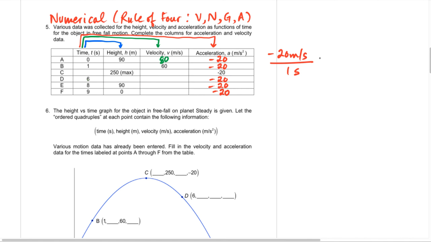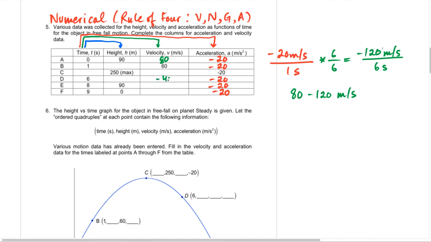And so multiplying by 6 over 6 gives us negative 120 meters per second over 6 seconds. And so we have a loss of 120 meters per second from the initial 80 meters per second. And so 80 meters per second minus 120 meters per second tells us that the velocity is going to be